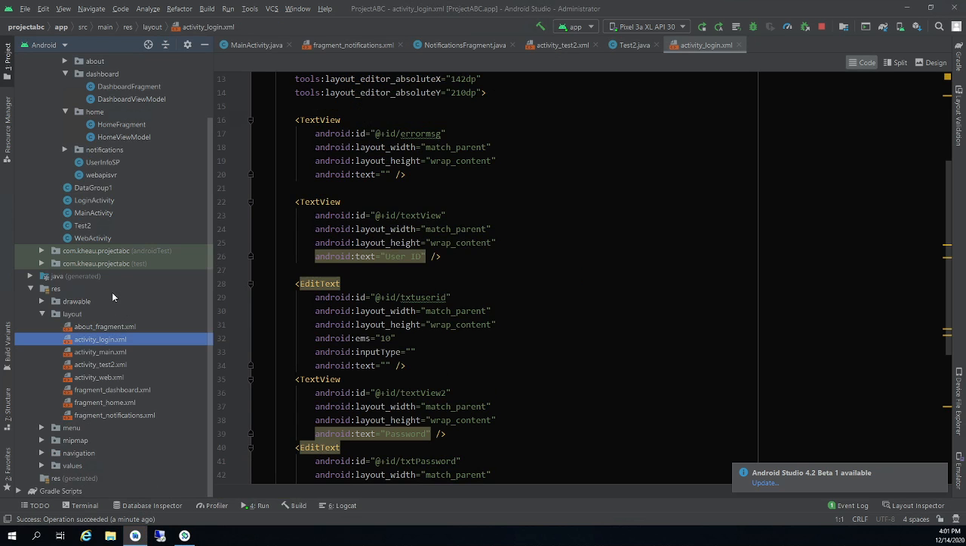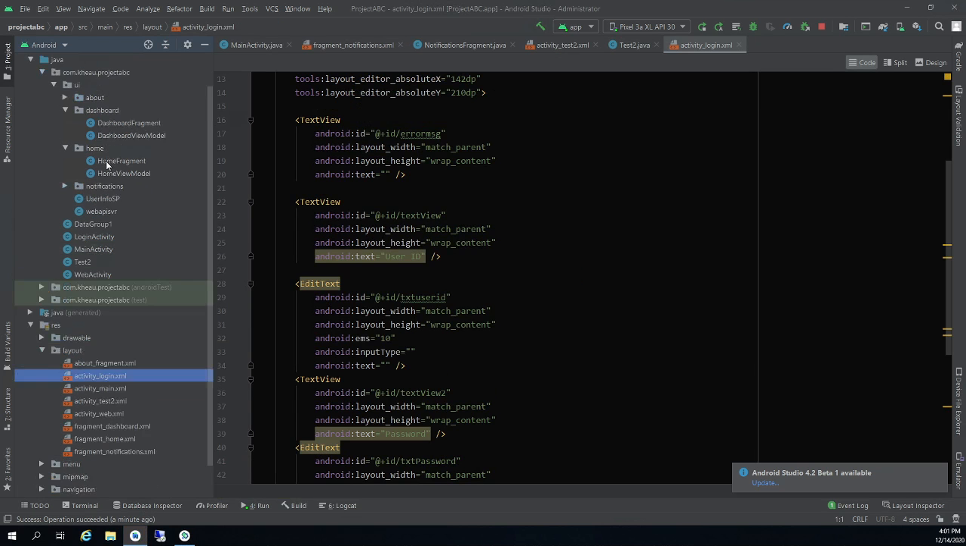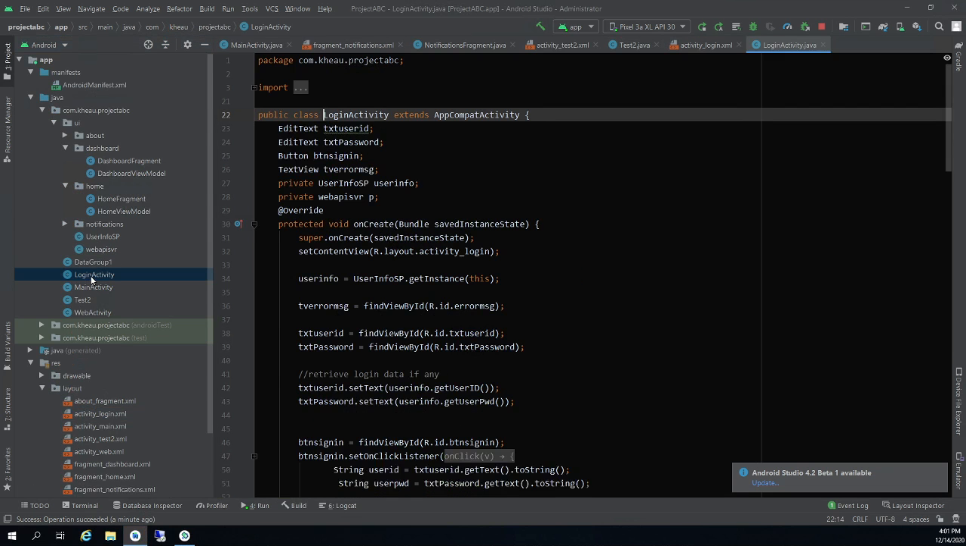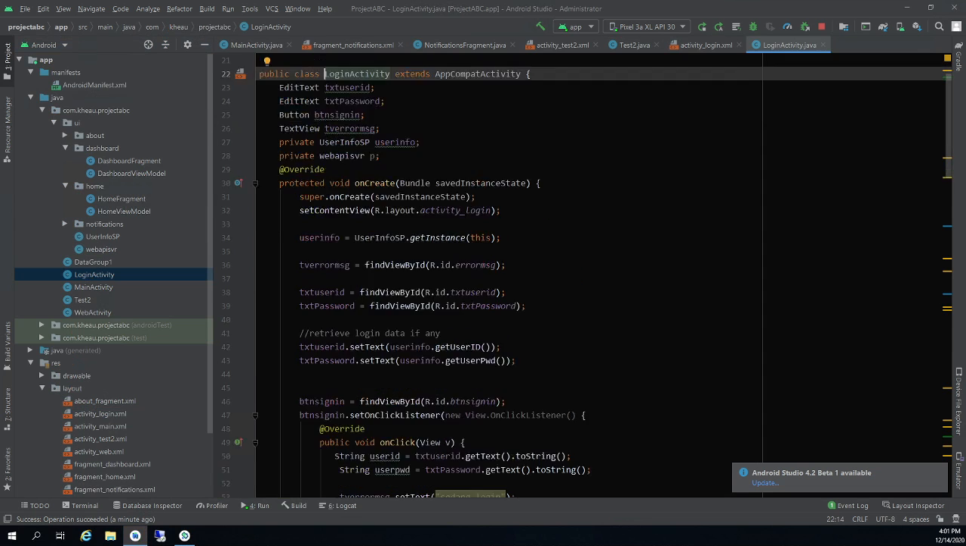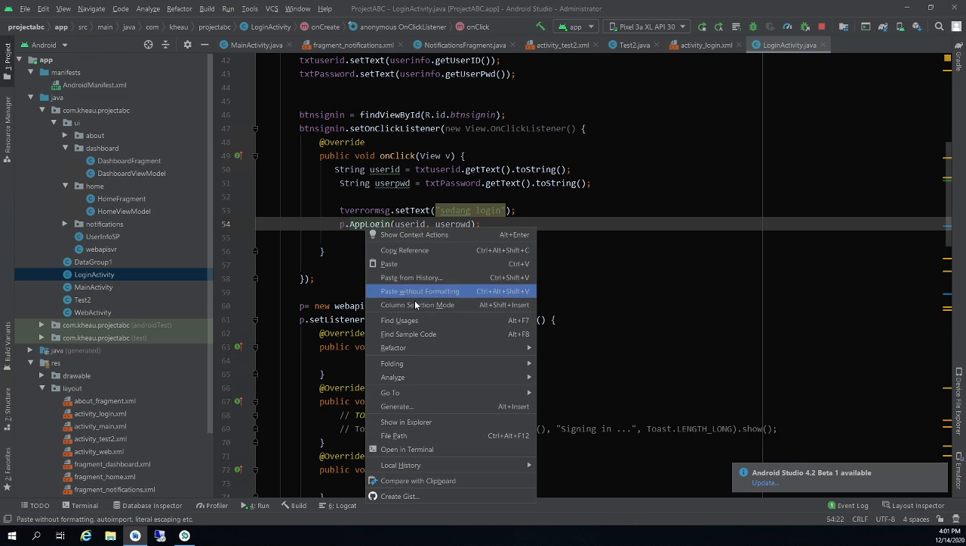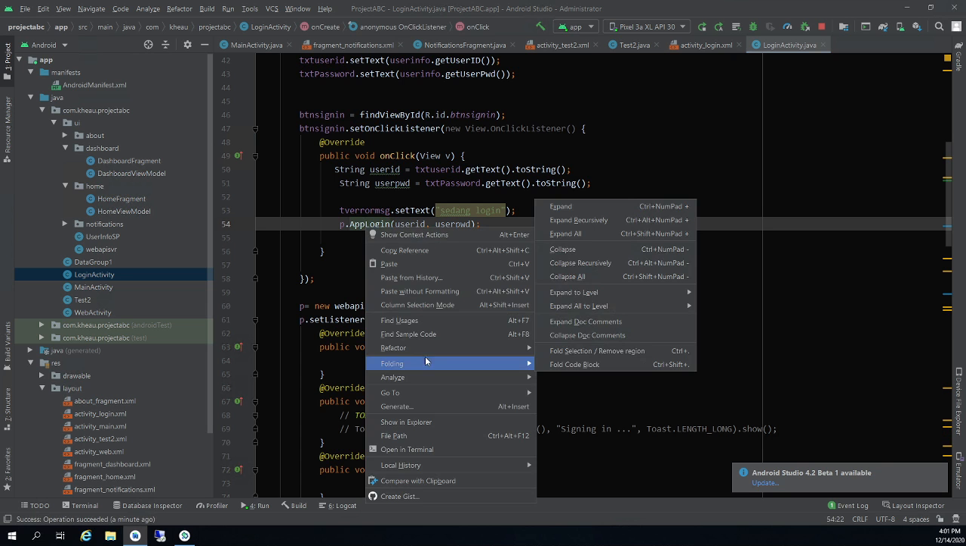Okay, and then login. Mana kau? Okay, login part. This is the login part. It's here. We get the user ID and then we try to make it login. So this one we want to change. We go to